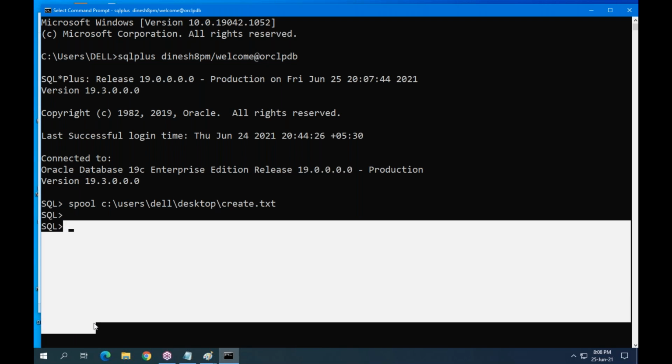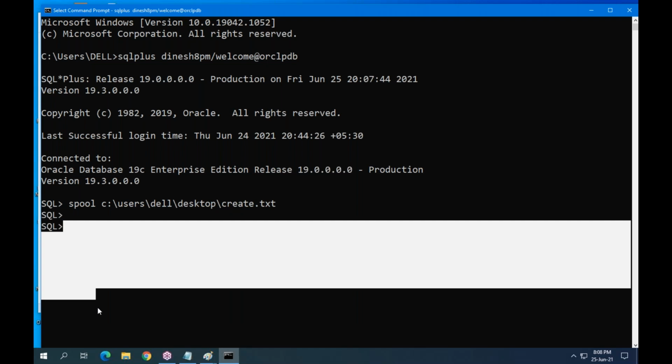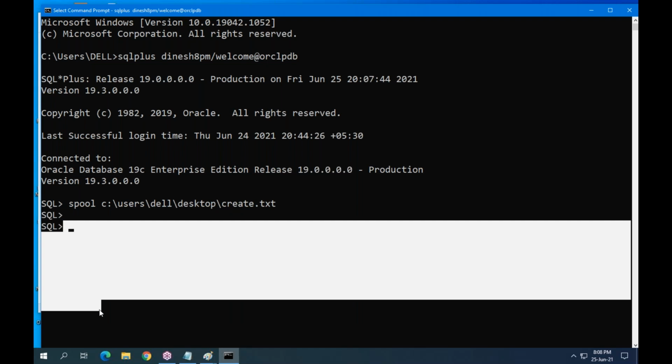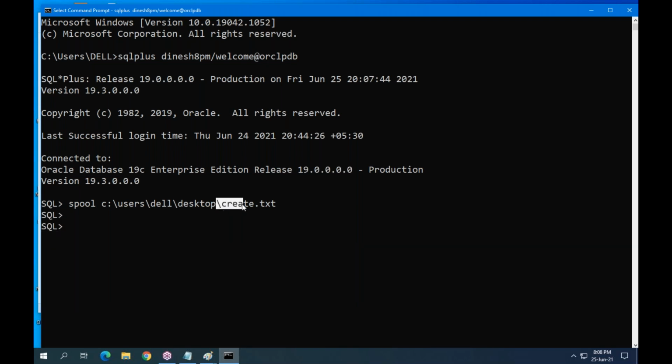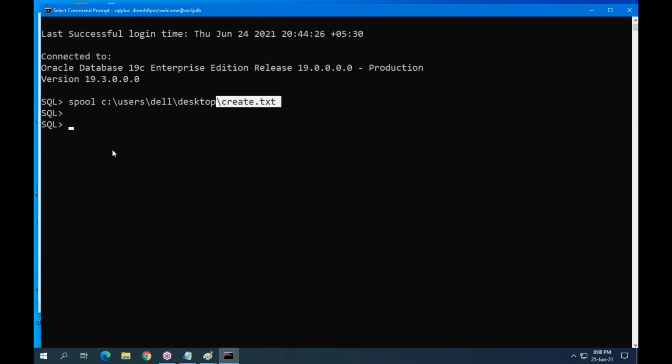Whatever I am typing here, query, program, anything, and whatever the response from the database, both will be saved under this text file. So if I share this file with you, then you can refer to that document. It shows what I have practically done in our session and what is the answer from the database. It's easy to understand the subject.